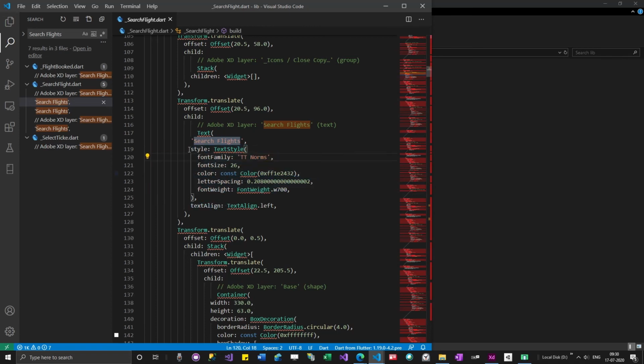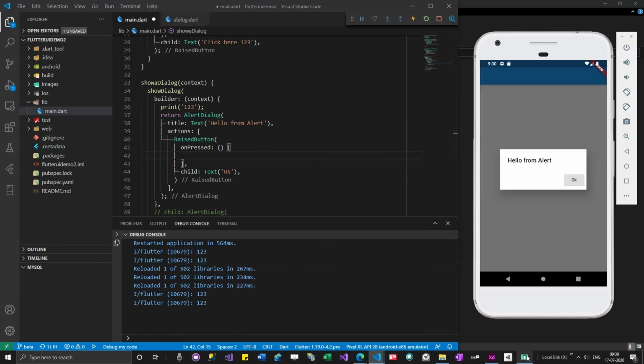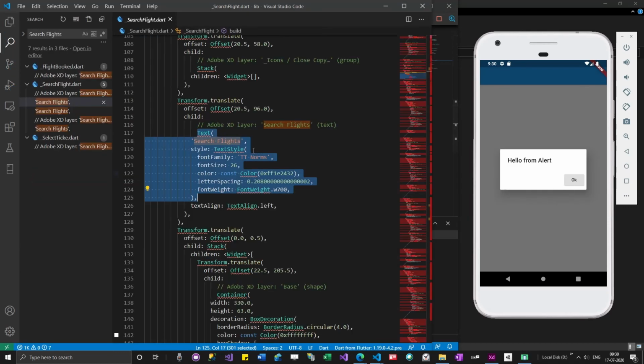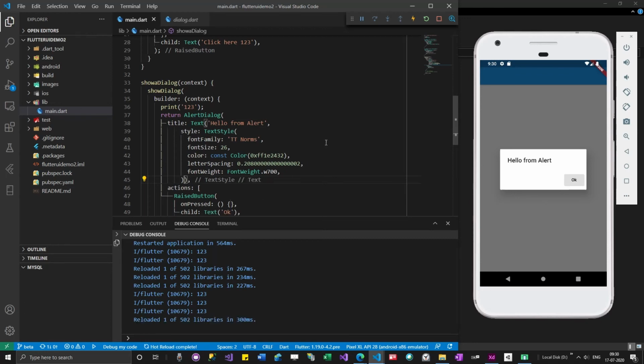Let me copy and paste this into the sample app I have running. If I want some text to look like that, I'll copy only the style part and add the style.